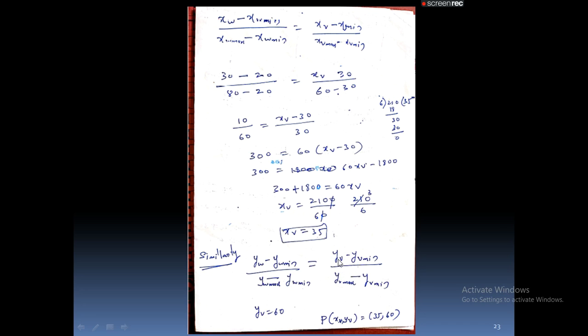Now here we know everything except yv, because it is unknown. We need to determine yv only. So to determine yv, please substitute. I did rough work but did not highlight it here, and I calculated yv. After performing cross multiplication and substitution, I got yv. So I can say 35, 60. This is the corresponding position of point P on the viewport.